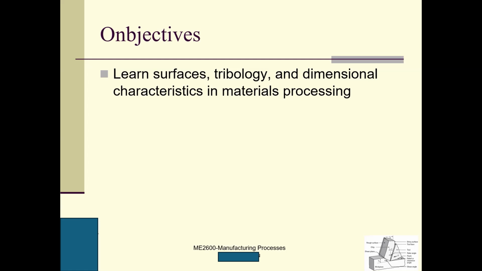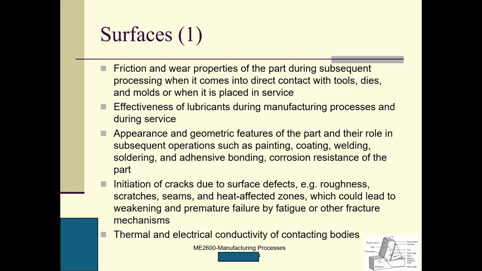Manufacturing processes, there's a lot of things you will not know. So we want to learn surfaces, topology, and dimensional characteristics in materials processing. Material processing is the more general name. It includes any kind of material manufacturing; as long as there's material processing, it falls into this category. Okay, so the surface,